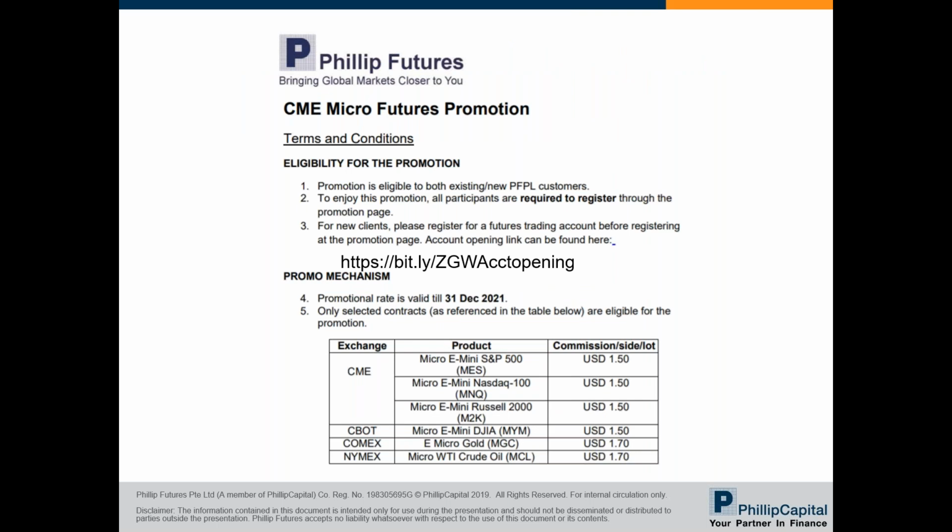Next, we have the promotion that's ongoing, as I mentioned, for $1.50 per micro lot size. When you place a trade as small as 1 micro lot size, it's only $1.50 right now and until the end of December this year. So the products are available shown in the table. To be eligible, however, you need to sign up for it. The link I'll pass to you if you are in, when you open the account, or if you are an existing user, feel free to let me know. I'll pass you the link to sign up for it. Feel free to take this opportunity to open an account to get familiar with the micro sizes, since there's a promotion of this trading going on.